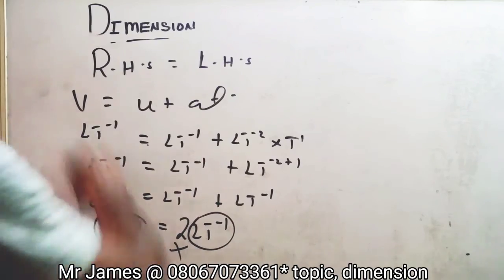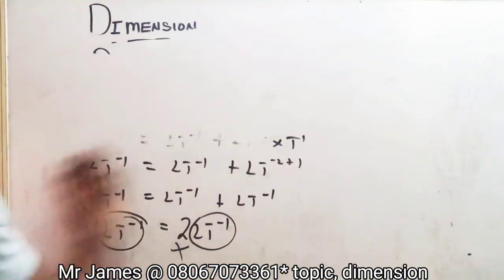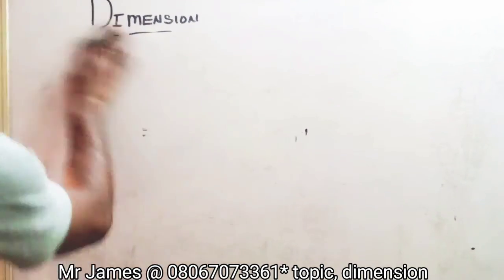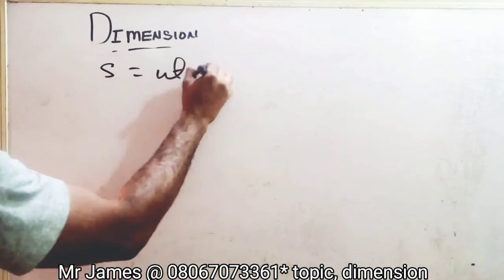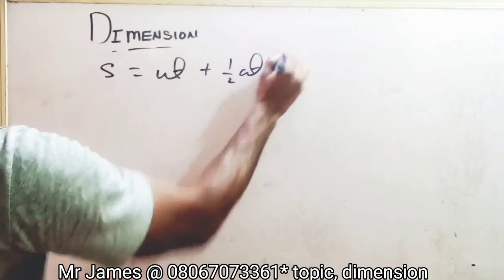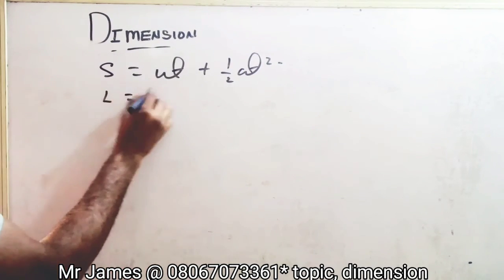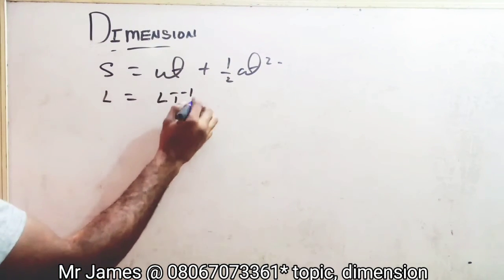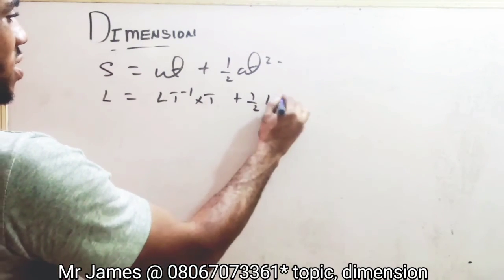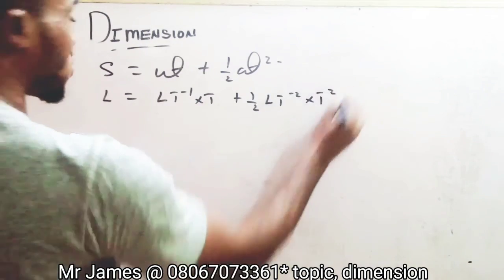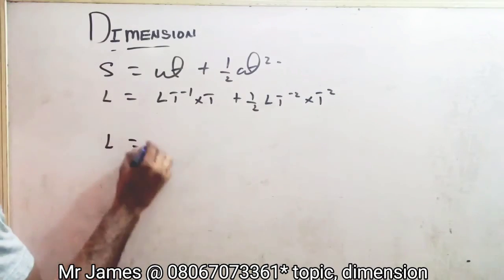So let's take the second equation of motion. From that one, I will write something that looks this way. S is equal to ut plus half at squared. The S is distance, which is L. U is velocity, which is L t raised to the power minus 1, times t, plus 1 over 2. Acceleration is L t raised to the power minus 2 times t squared. So from that note, I have L is equal to